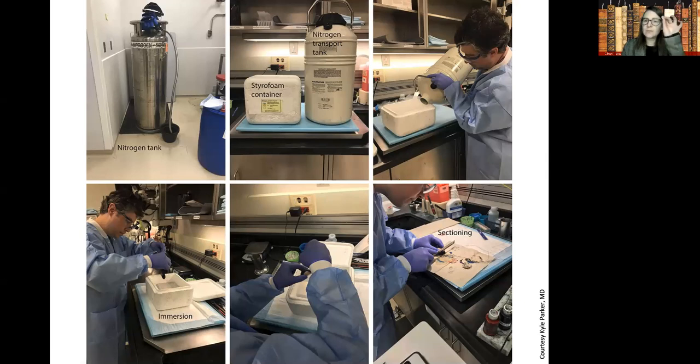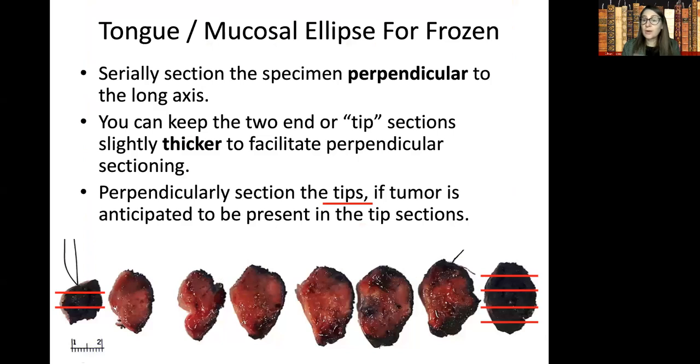You can always dunk it back in again if it needs a couple more seconds, but it's a very brief process when these specimens are very small. And then it's firm, and then it can be serially sectioned. So here's a photograph of that exact frozen specimen after it's thawed a little bit, laid out in its serial